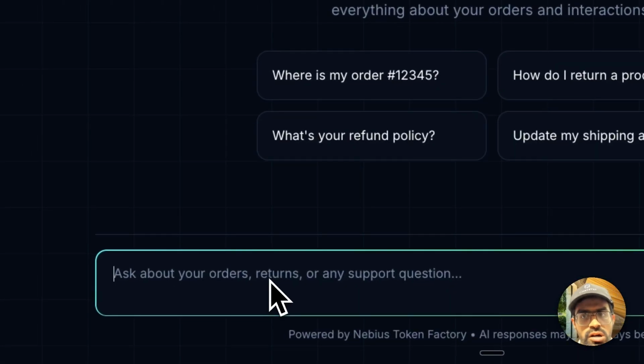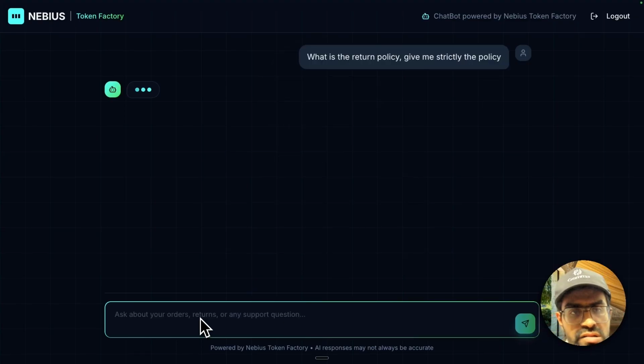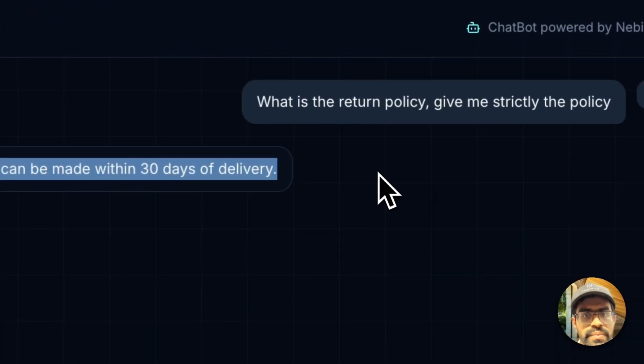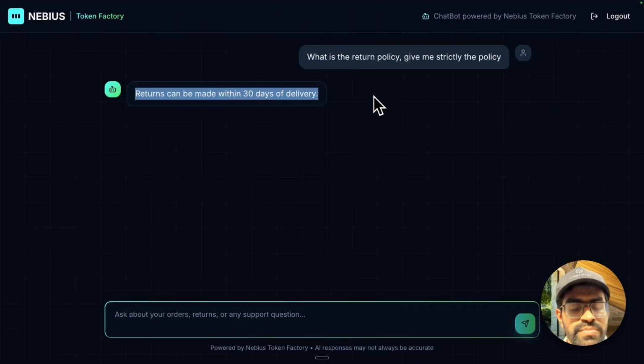Since we have trained it on specific data that has been curated for this particular e-commerce store, let's say I ask it, what is the return policy? Give me strictly the policy. Then let's see what it generates. So rather than giving us a very vague answer, it tells us that returns can only be made within 30 days of delivery, which is information we were able to fine-tune the model with, using specific data about this e-commerce store and things related to, let's say, the orders or even the return policies. So this way we get a much more well-curated response, and a lot more accurate